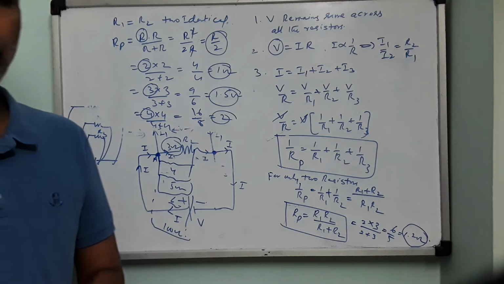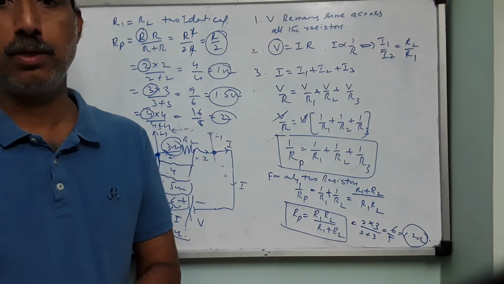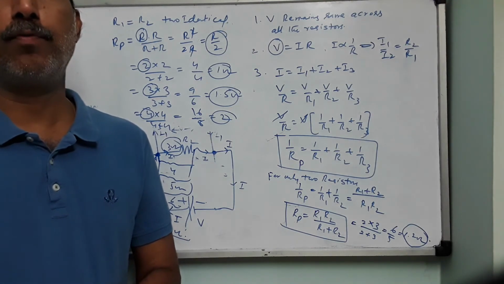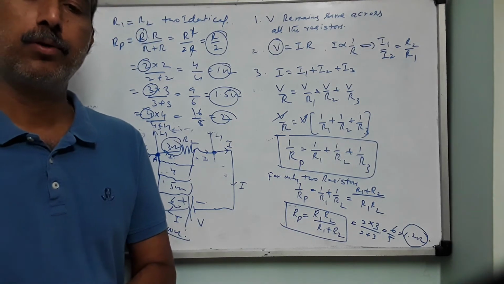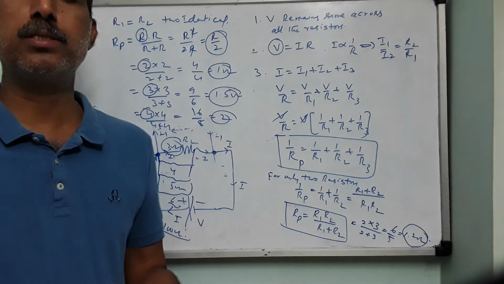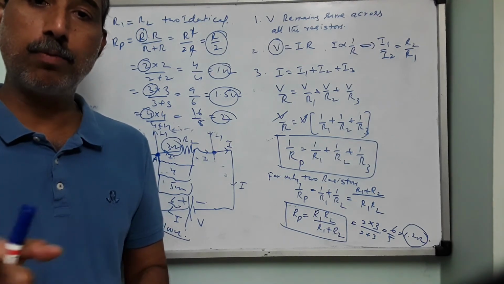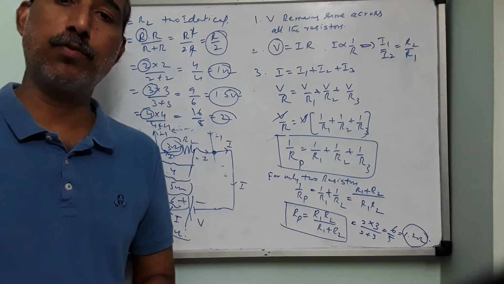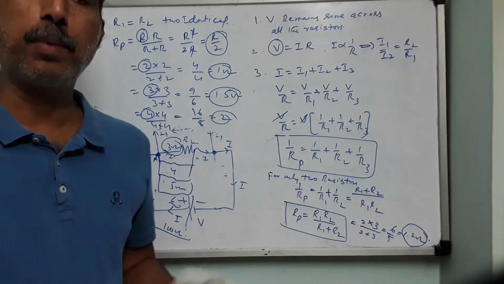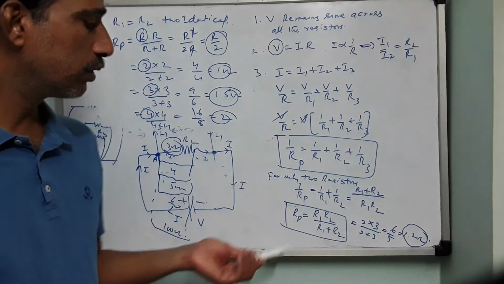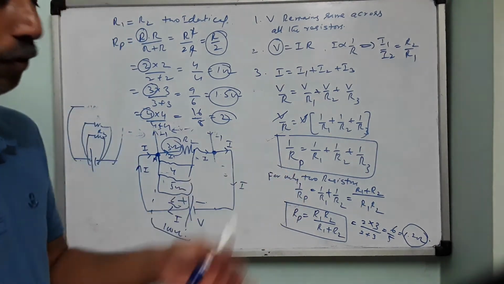You have so many 1 ohm resistors, so many 2 ohm resistors, so many 3 ohm resistors, up to so many 100 ohm resistors. But suppose you require a 350 ohm resistor, and a single such resistor is not available in the lab. Then you take a combination in series: three 100 ohm resistors and one 50 ohm resistor. You connect all these four resistors in series and you will get 350 ohm. So this is the advantage of series and parallel combination. If you ask why we should study this, it is because when you want to increase or decrease the resistance value, you can do it by this.